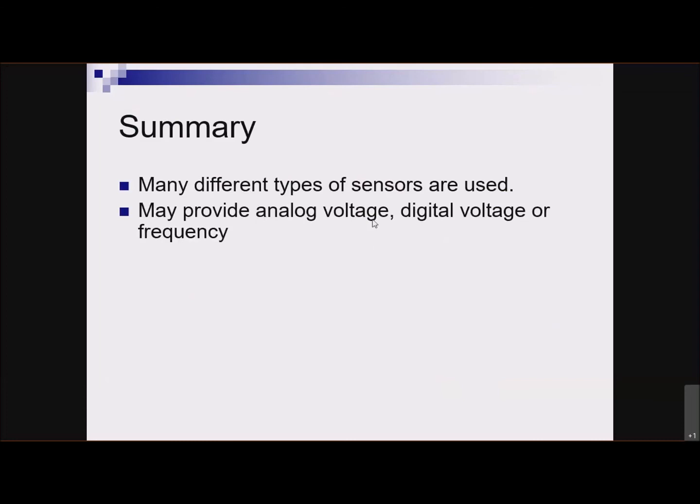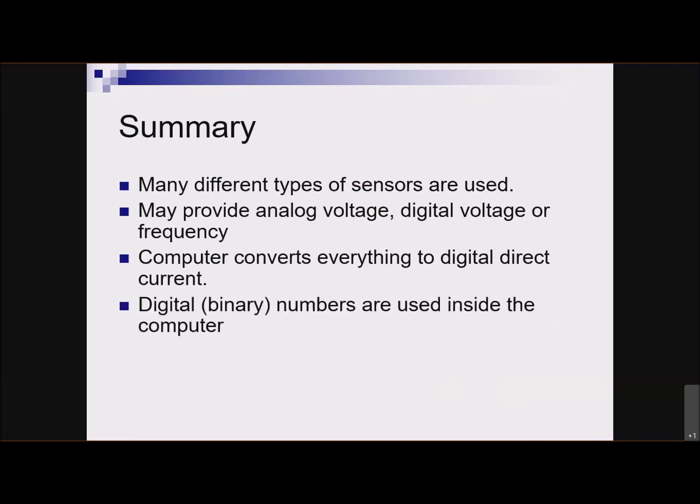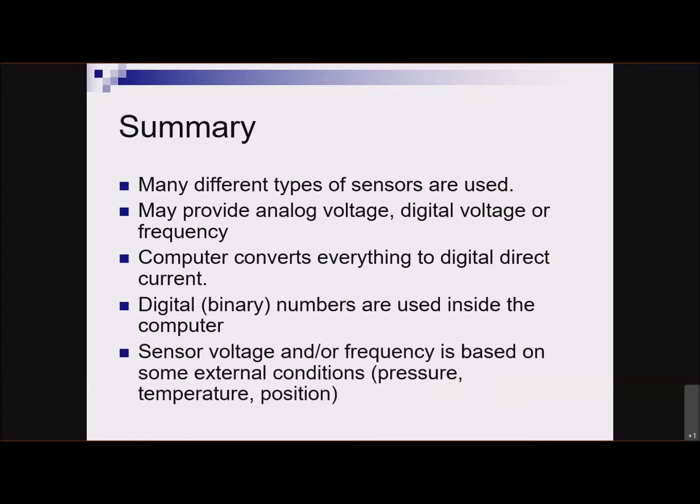So analog voltage, it's moving around somewhere between 0 and 5. Digital voltage, maybe it's either on or off. Or frequency, we just talked about that, right? The computer can handle all of these different types of inputs and converts them all to little electrical impulses that are stored in memory or that are used, right? Sensor voltage and or frequency is based on some external conditions, pressure, temperature, position, something like that, right? So hopefully